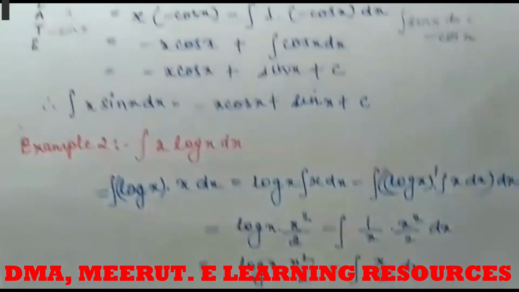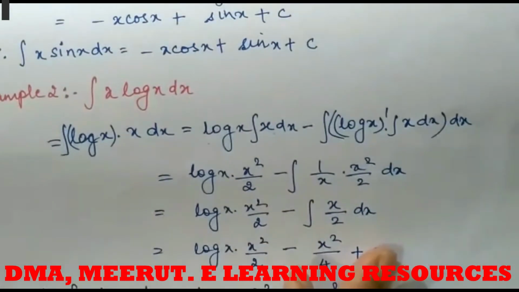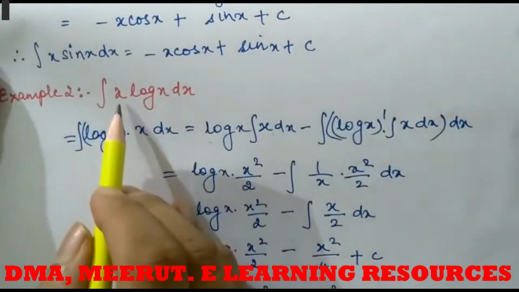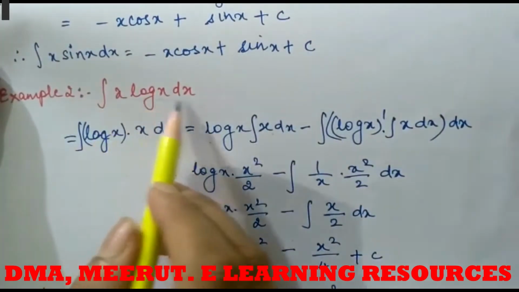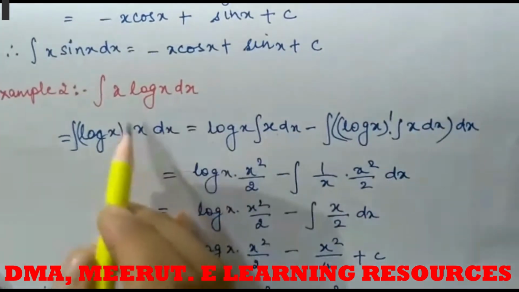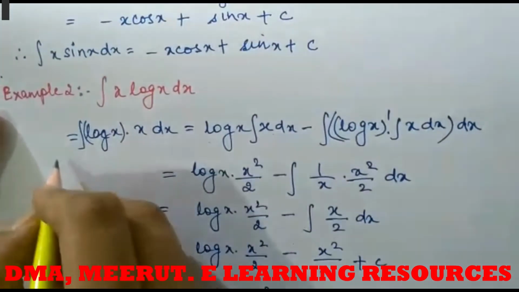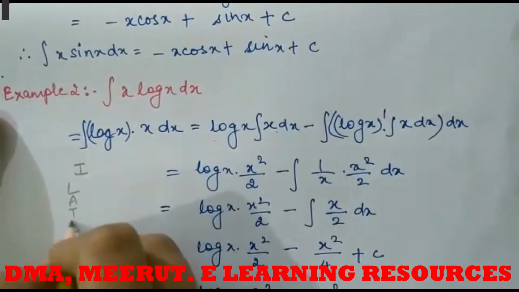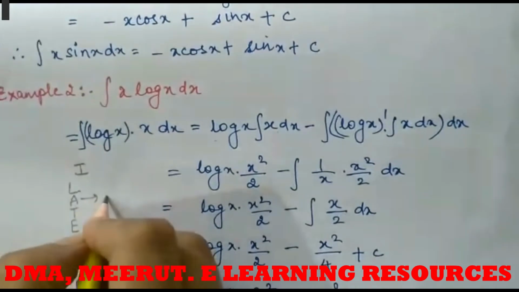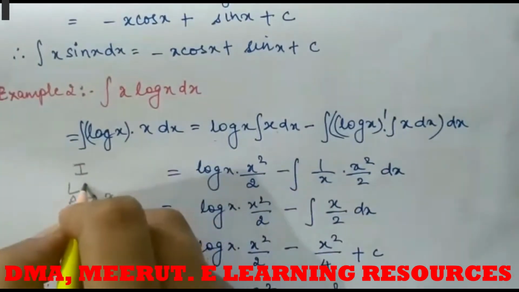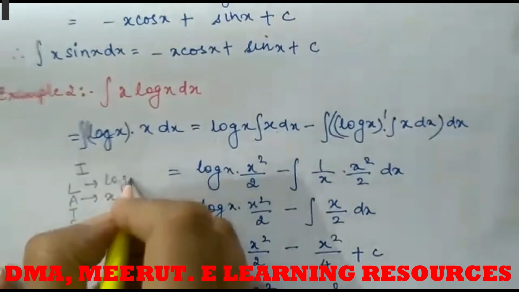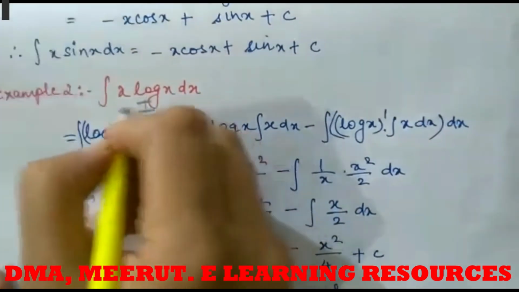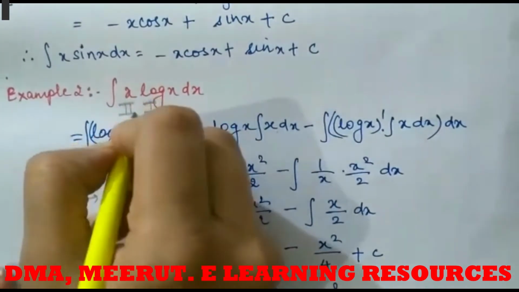One more example for you. We have to find out the integration of the product x log x. Which will be the first function and which will be the second? Again write down ISATE. x will be the algebraic function. Log x is the logarithmic function. Which function comes first? Log. Therefore, log x will be the first function and x will be the second function.